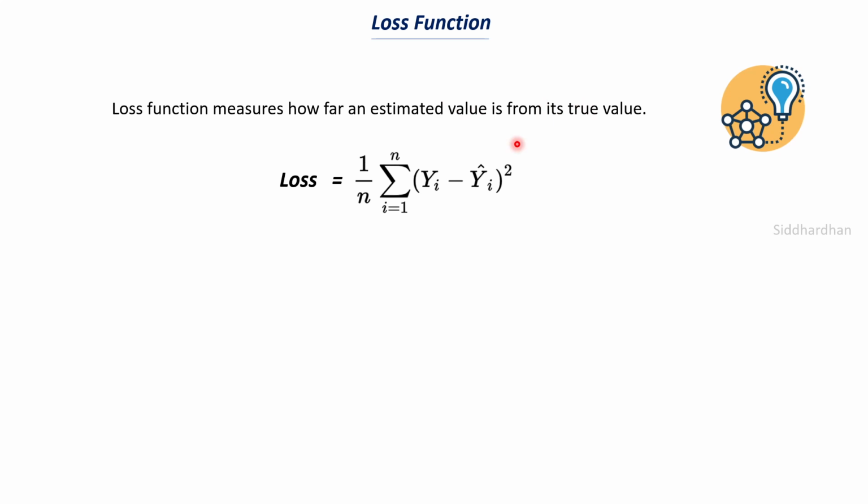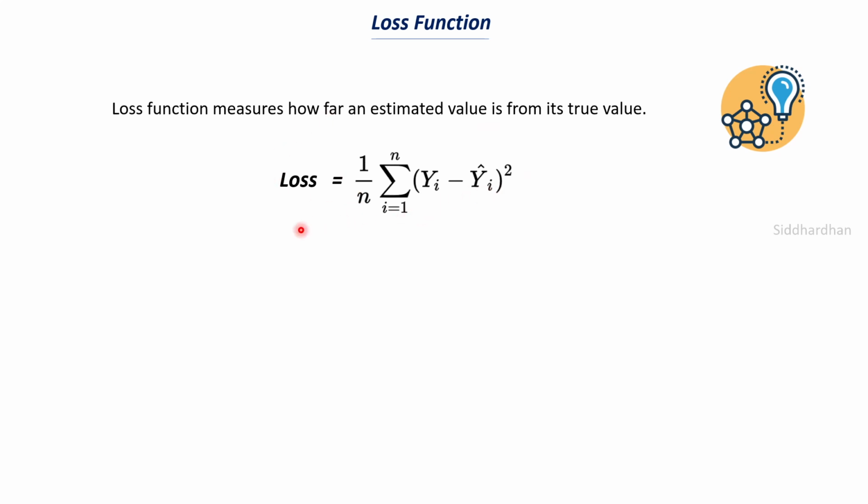Let's say that we are predicting the salary of a person based on their years of work experience, and the true value of the salary is about 50,000 rupees per month, and let's say our model has predicted their salary as 30,000 per month. Now there is a huge difference between the true value and the estimated value, right? The difference is about 20,000 rupees, which is too huge. You don't want that much difference between the estimated value and the true value, and that is represented by this loss function. So it is the difference or the distance between the true value and the estimated value, and this is given by the